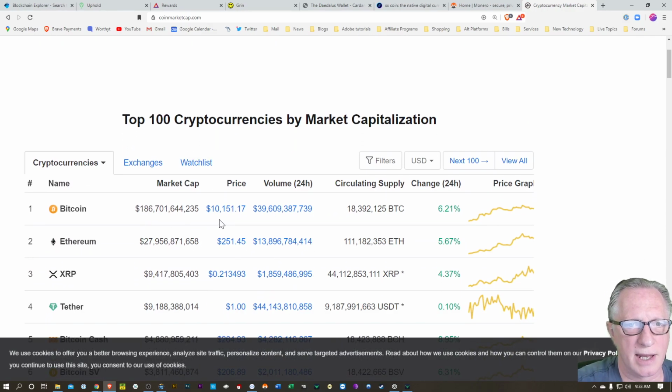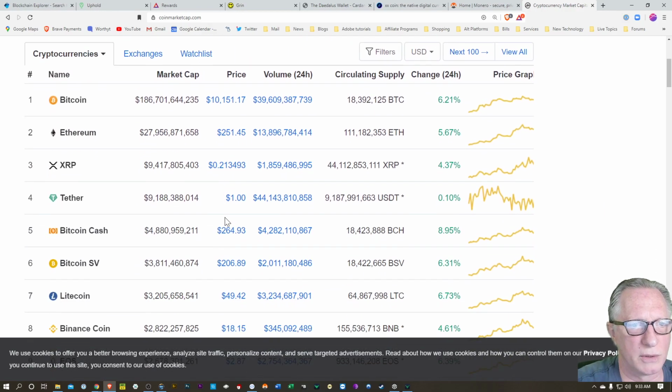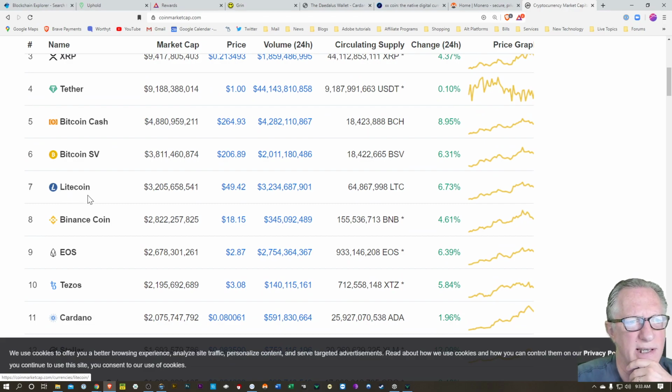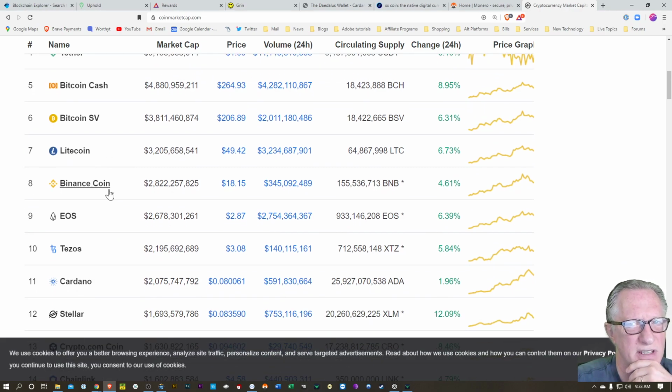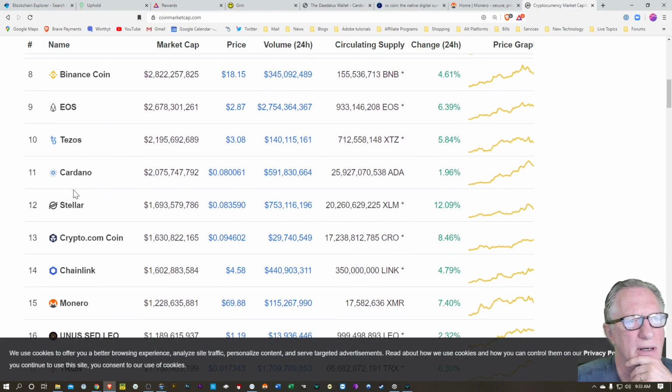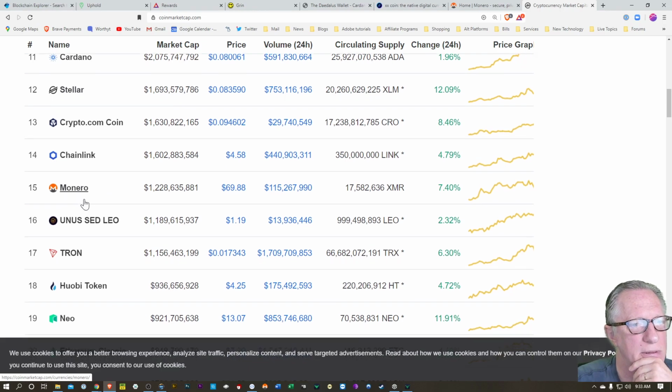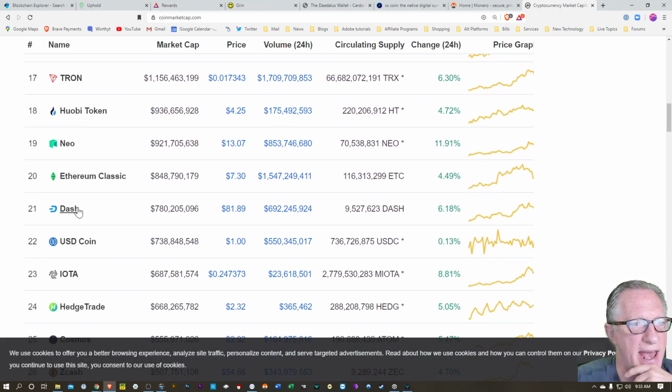Bitcoin's up at 10,151. Pretty cool. Let's see. None of these are really privacy coins. Litecoin, I think, is going to be adding some privacy features. Yeah, it looks like the first privacy coin by market cap is Monero, right? And then Dash has some privacy features built in.